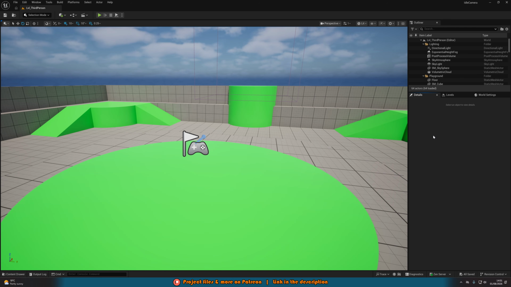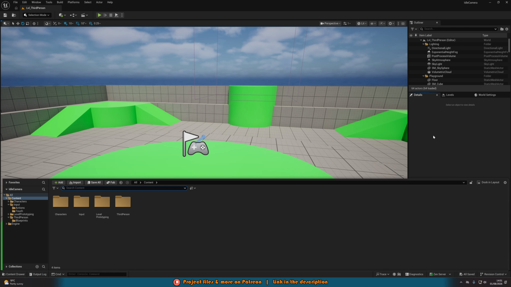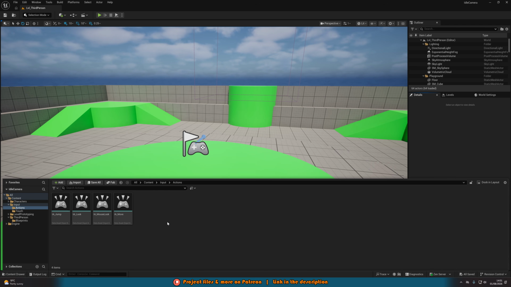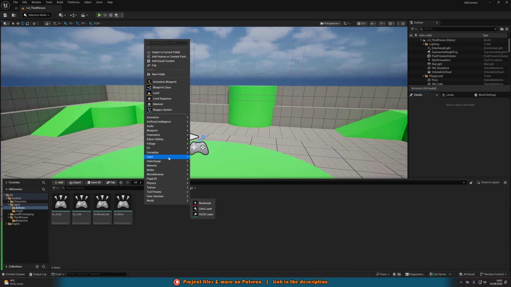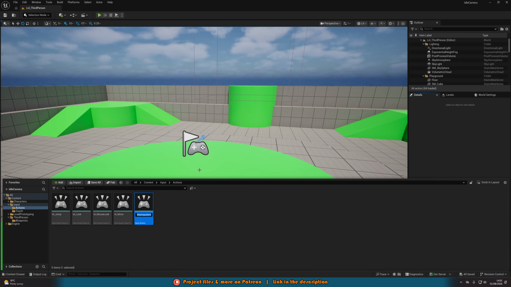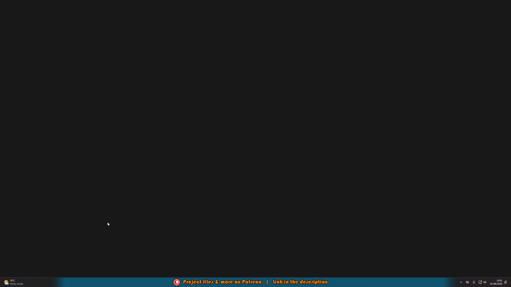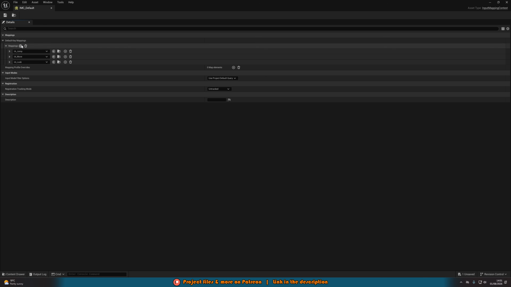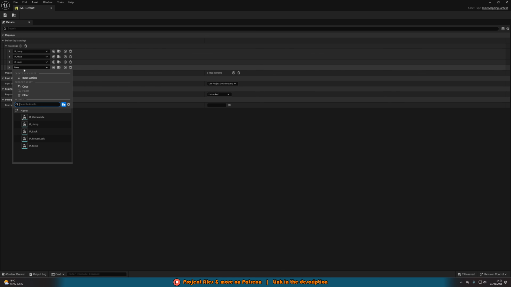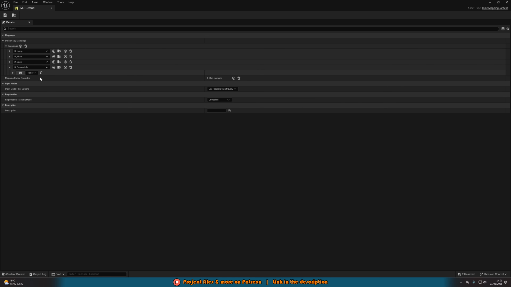So what I'm going to do is hit Control Space to open my content browser, go to Content, Input, and Actions, and I'm going to create a new input action, so place that wherever you like. I'm going to right click, go to Input, and create an input action, naming this IA_CameraIdle, or whatever makes the most sense for you. Then I'm going to go into my IMC default, so open up your input mapping context that you're using for your game, add a new mapping, adding in the IA camera idle we just created,